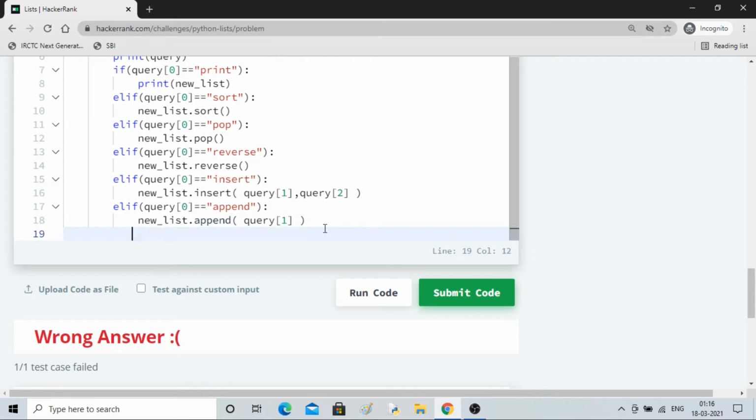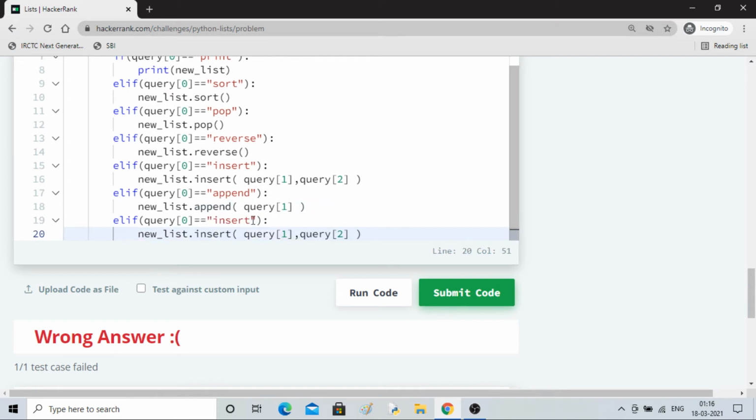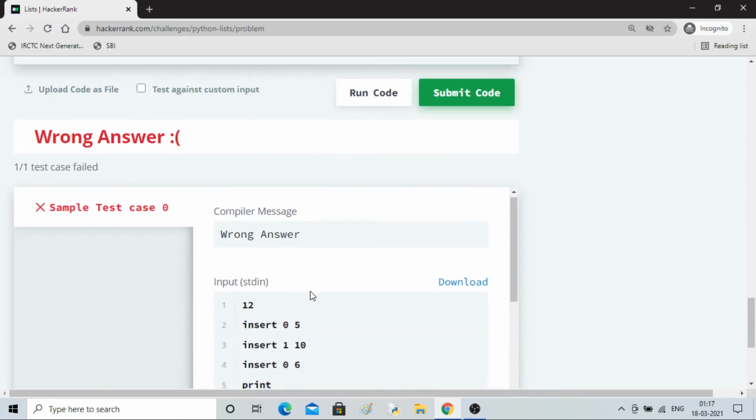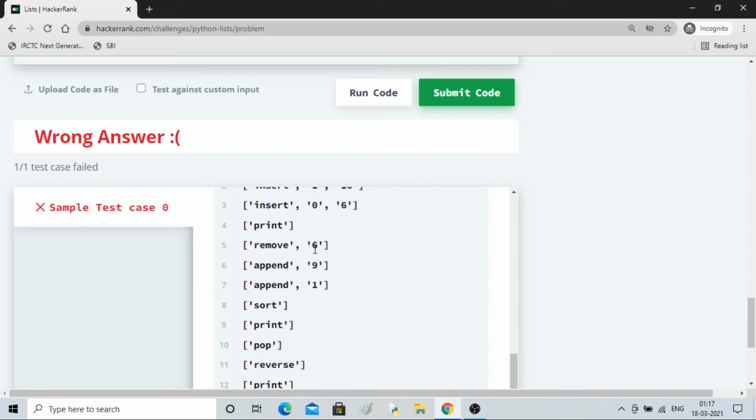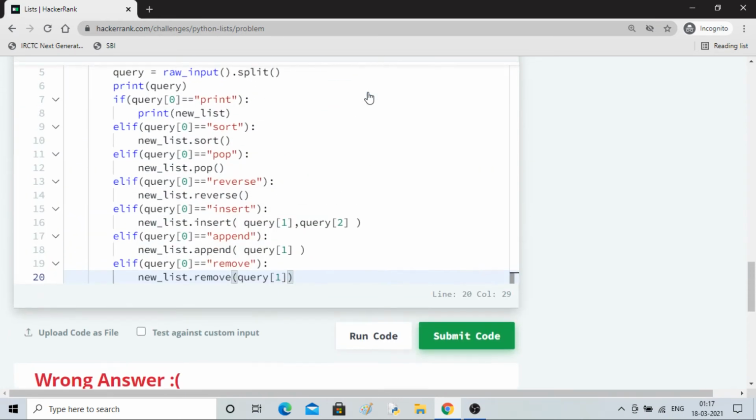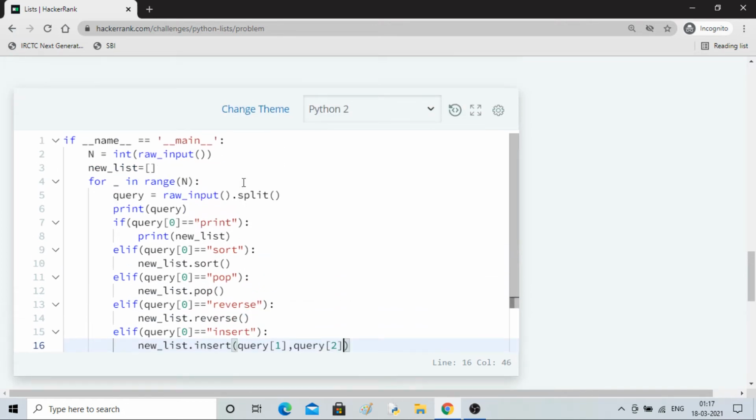Then finally, else if we have remove, and this will also have query 1. Remove also has an error. See, remove is also an array of 2 elements. So that's how I think it should work. Everything is fine now. This is unnecessary, this is unnecessary. Okay, everything looks cool to me.